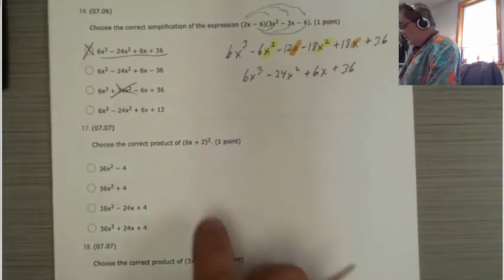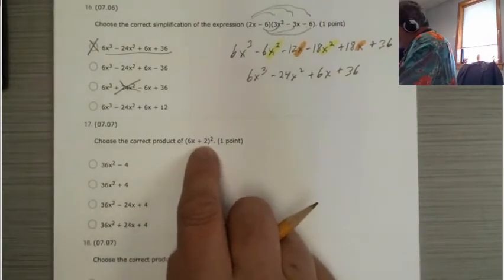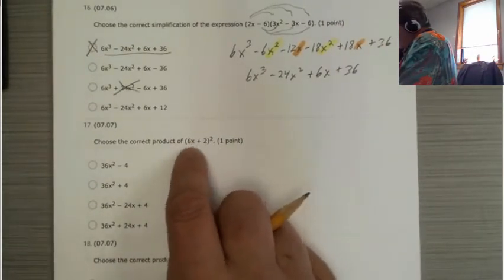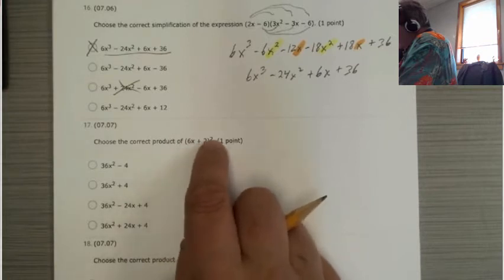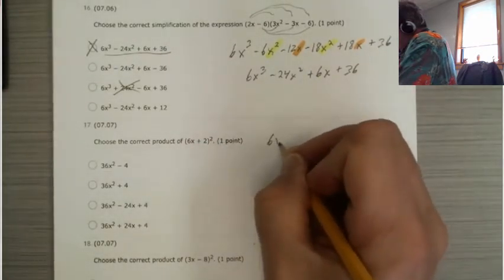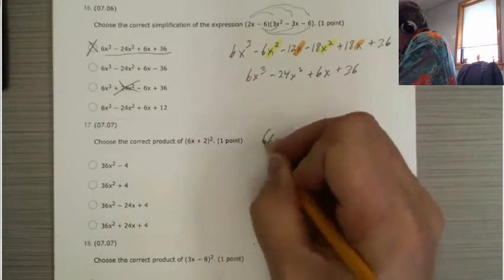All right, choose the correct product of 6x plus 2 squared. Okay, that means this whole thing is being squared. So that means this is 6x plus 2 times